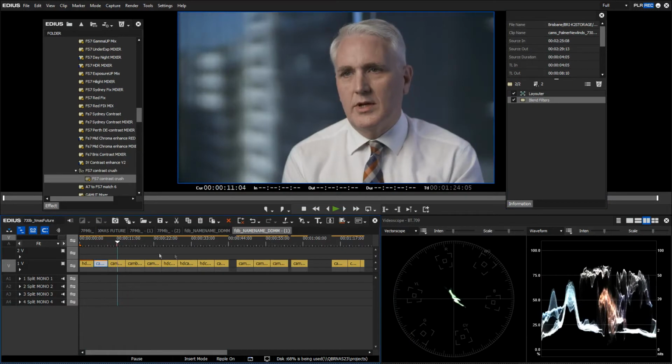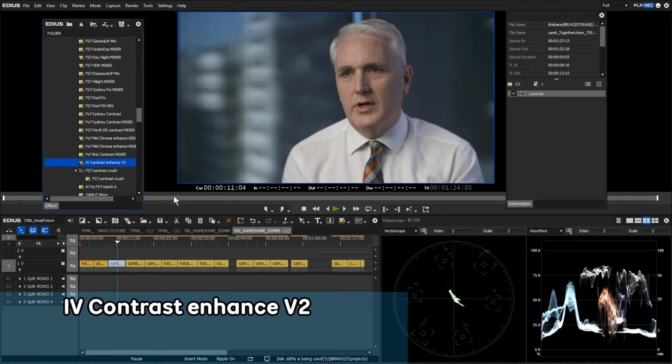On the next shot, with the very pale skinned person, if I apply too much contrast here onto this shot, then I get very deep shadows under his eyes, which I don't want. So I'm going to delete that. I'm going to choose something similar, Interview Contrast Enhance V2. If I apply that to this clip,